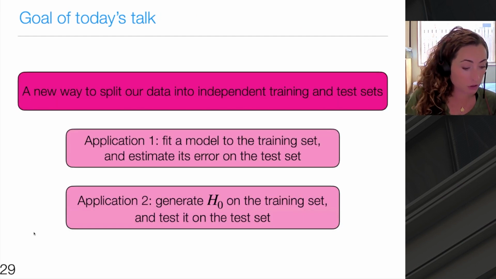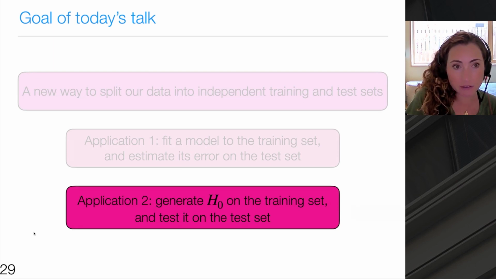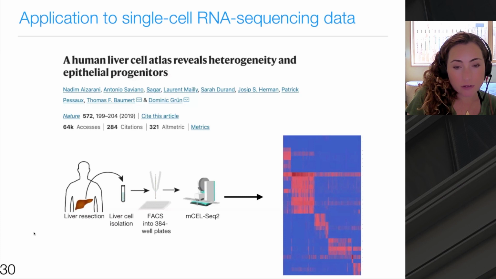Okay, so now we're sort of done with the methodology for today's talk, and in the few minutes that I have remaining, I want to talk about an application. In particular, the application involves a case where I want to generate a null hypothesis on the training set and then test it on the test set. And this example is motivated by single cell RNA sequencing data, which is a